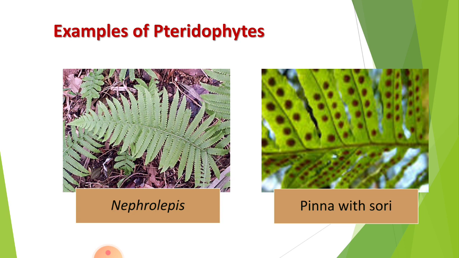So this is about the cryptogams. The plant kingdom is divided into two main groups, cryptogams and phanerogams. Cryptogams are also called the lower plant group. Phanerogams are called the higher plant group. Crypto means hidden. Gamous means gamete. Here spores or gametes are small in size and they are hidden. They are not seen by the naked eye.